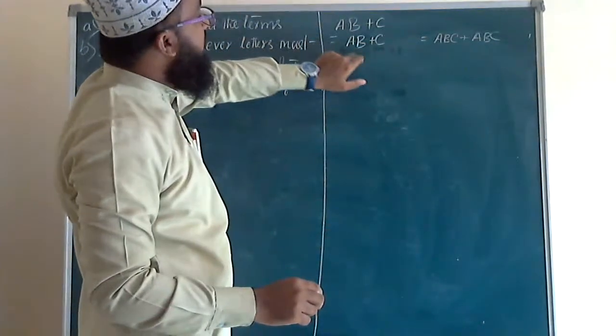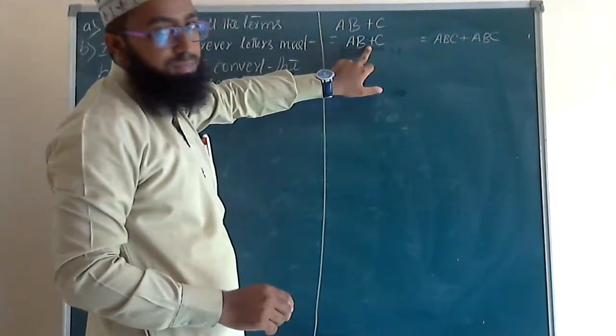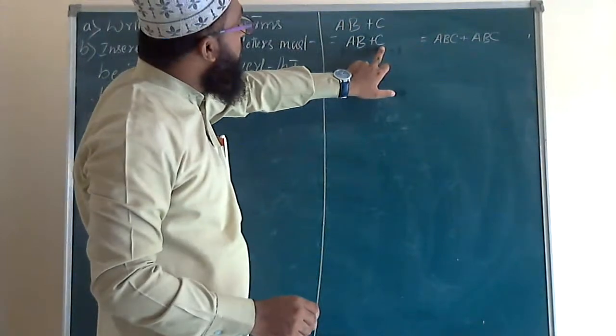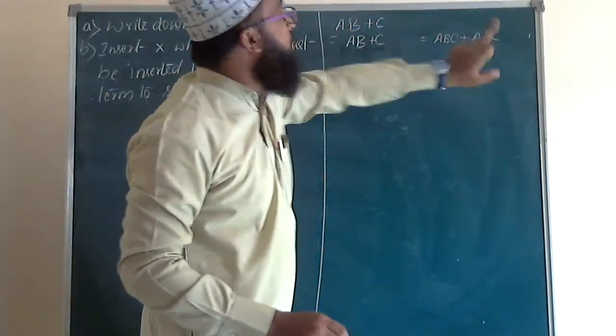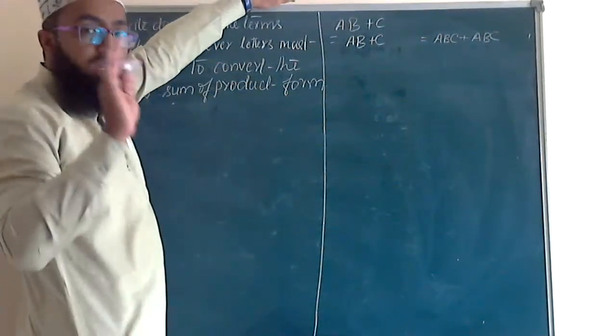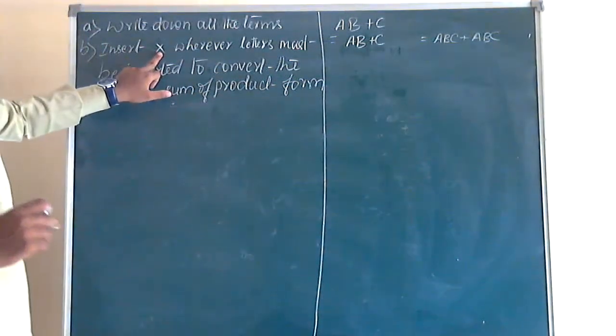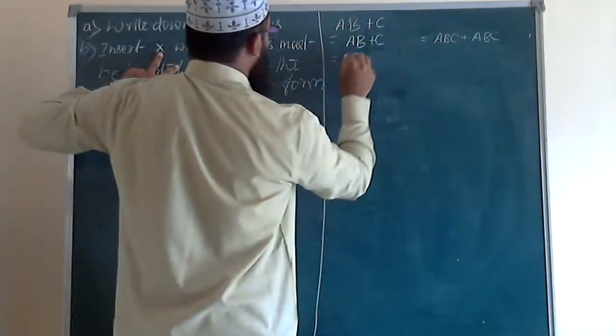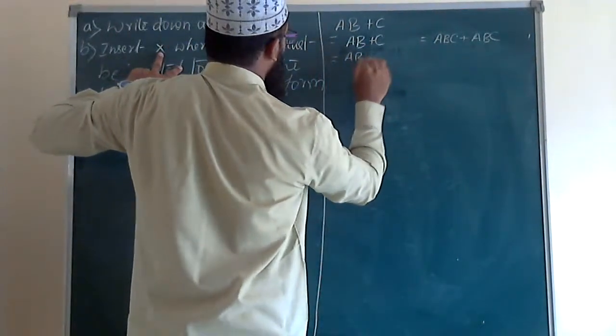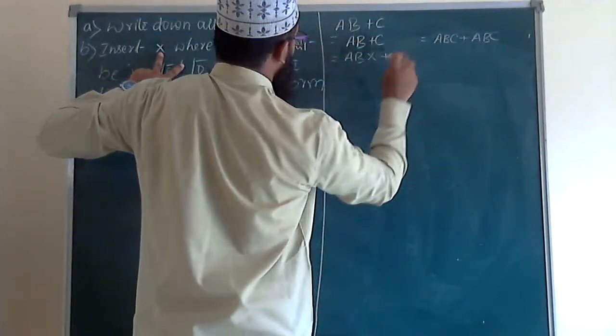Here A, B are there, then C is missing. Here only C is there, A and B are missing. So in place of missing terms, we need to insert X, which is equal to ABX plus